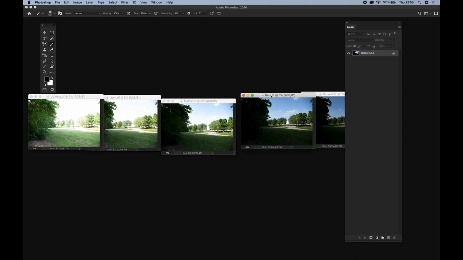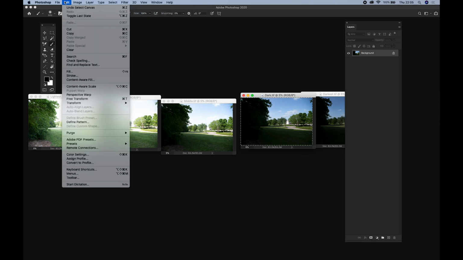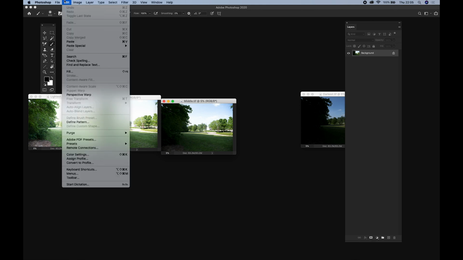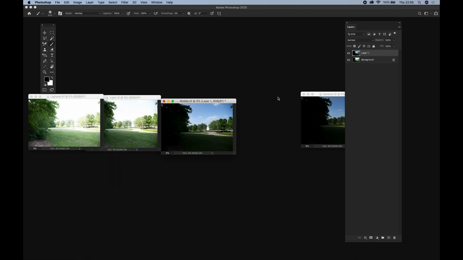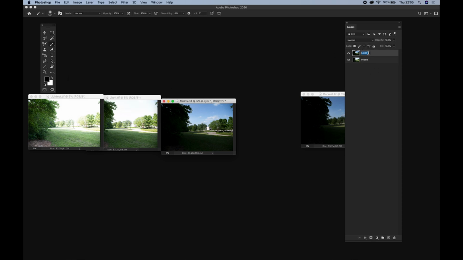So if we go to dark, I'm going to go then to select menu, all, and the edit menu, copy, and we can close that because it's remembered it to the computer. And then if we go paste, now we've got 2 layers. We've got the middle layer, which is the middle exposure, and then we've got the dark layer on top. So our layer palette is slowly growing. I'm going to start by labeling these up. I'll call the first one middle, and I'll call the second one dark, and then we can bring in the